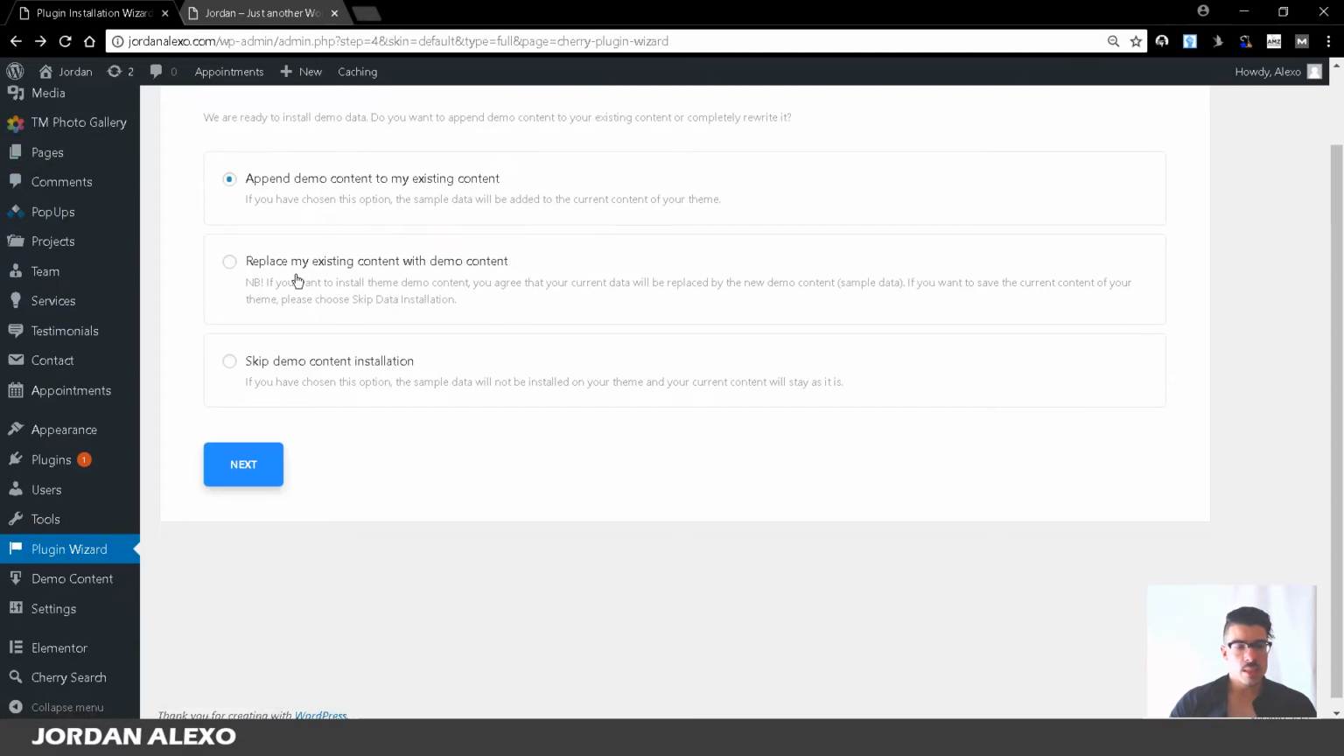Anyway, the second option is the one that I'm going to use because I have no content inside of my website, and I'm just going to basically replace everything inside of my website with the demo content. Anyway, if you don't want to install the demo content on your website, just use the third option. Now I'm just going to press next,